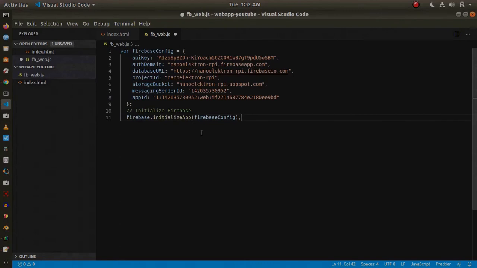Now let us create a connection to our Firebase Cloud Firestore database. A variable called collection reference will be our base reference to our Firebase Cloud Firestore.